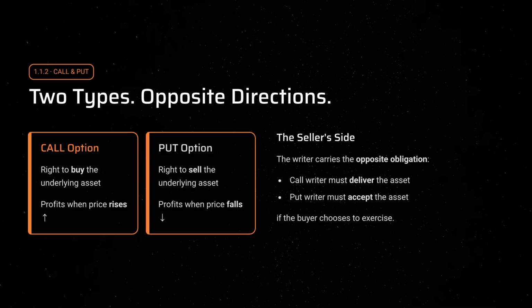Advantages of options. Flexibility: can be used for speculation, hedging, or generating ongoing income with writing strategies. Limited risk for buyers: the maximum loss is limited to the premium paid. Leverage effect: larger market movements can be utilized with a relatively small capital investment.